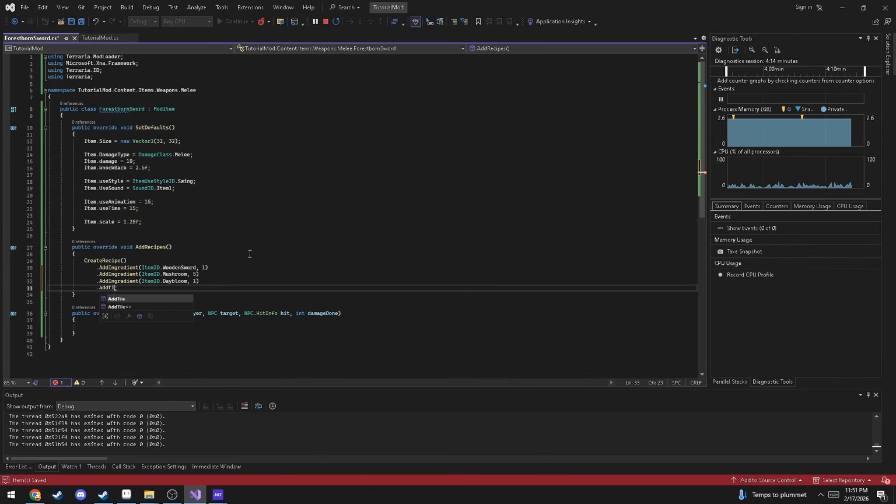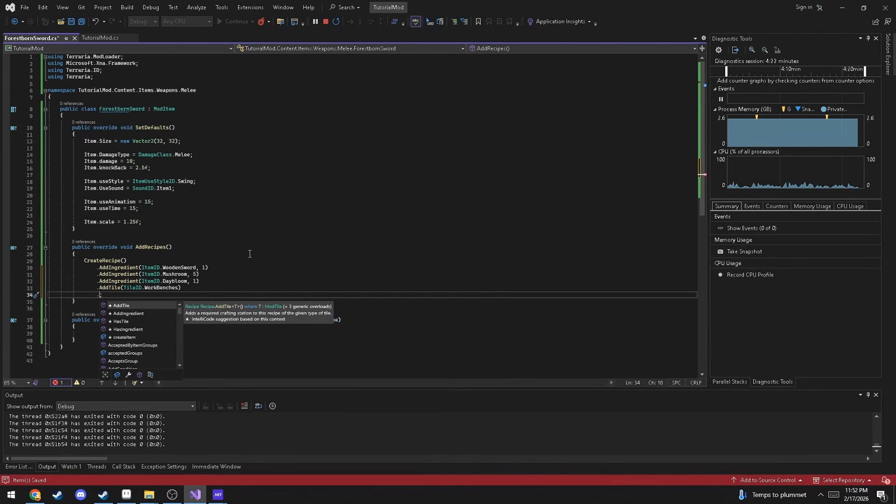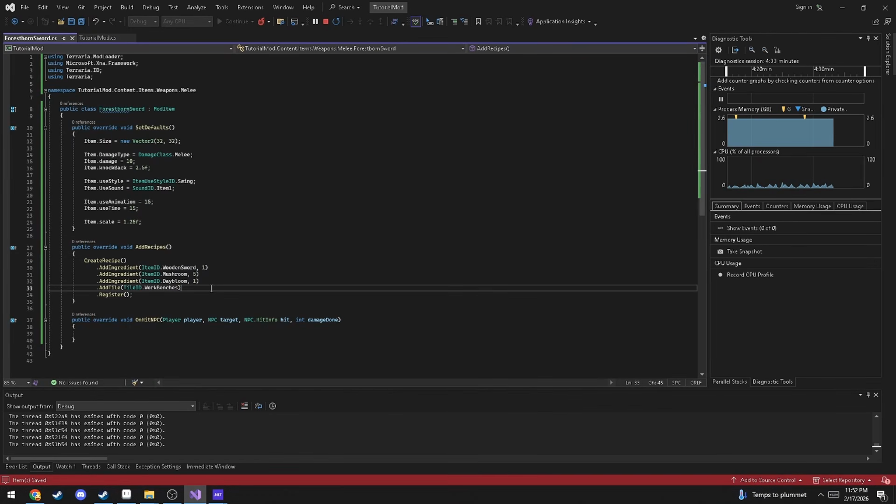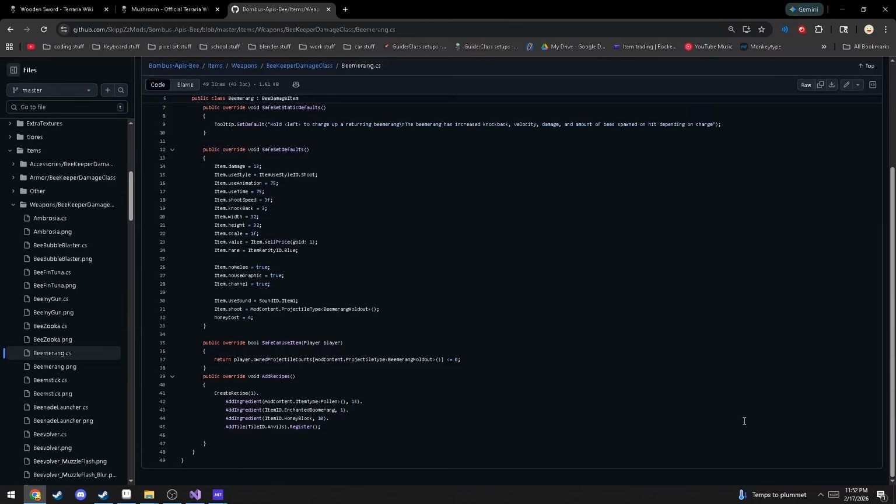We have to add tile. Now we're going to do tile ID dot workbenches. This is going to be for any workbench, wooden, pearl wood, etc. And then we're going to call register at the end of this. Now, add recipes, I believe, is only called on mod load. So if we do this,